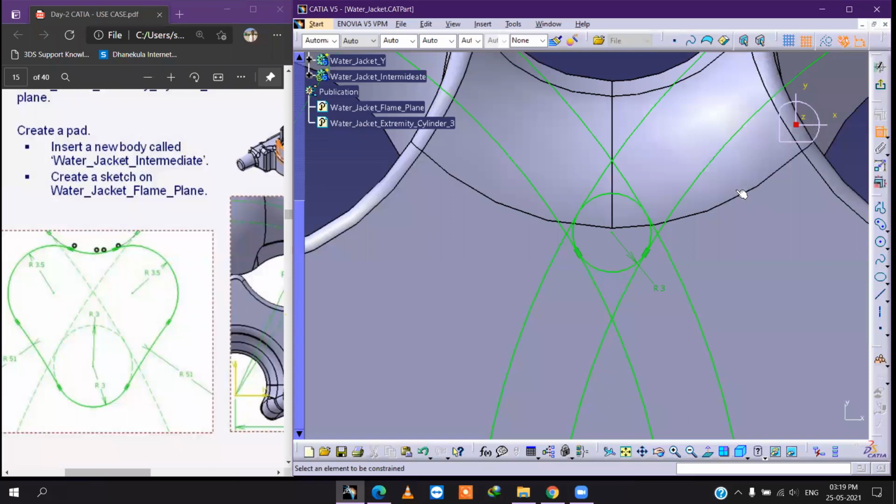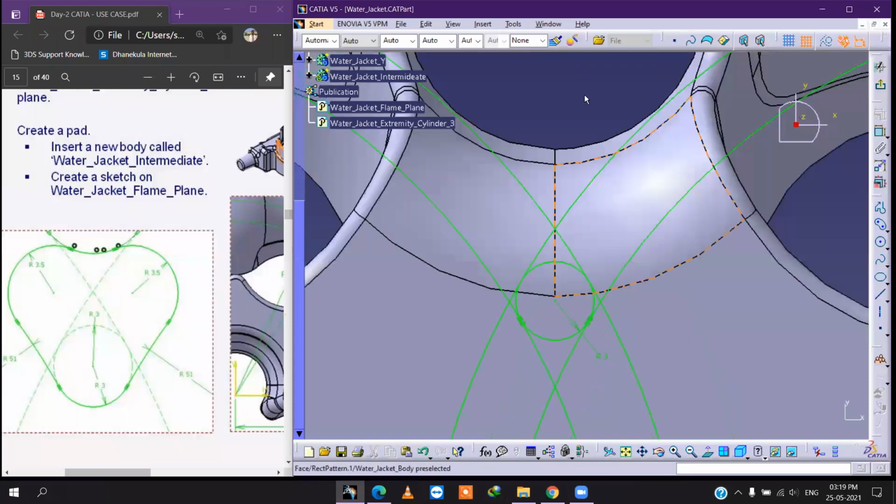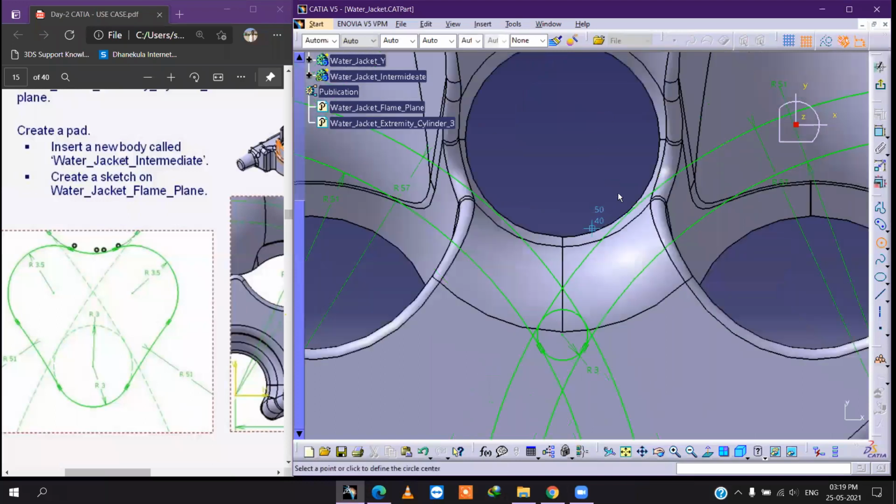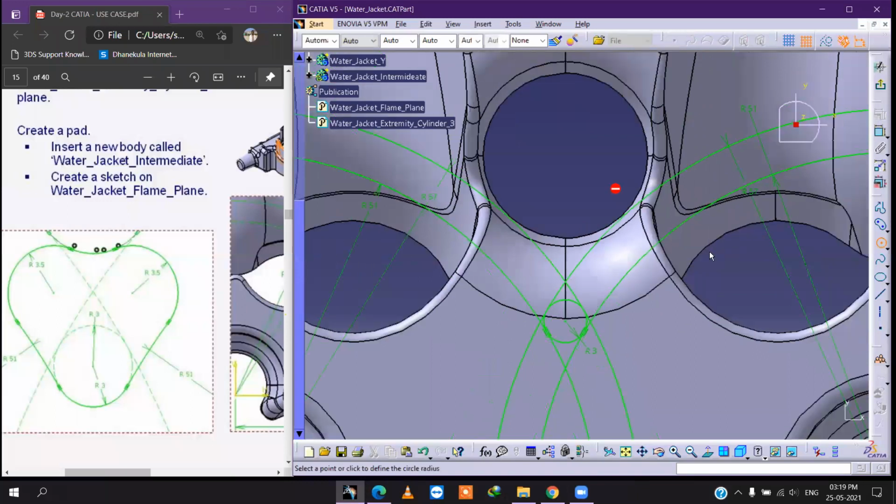After this, another circle over here you have to create, 3.5 mm. Wait, I have given some relation. I have to delete this one, otherwise I have to create it again. Control Z. You can draw wherever you want. The dimension 3.5.